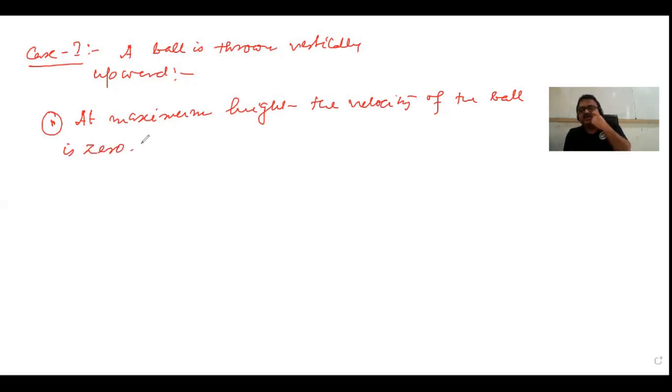It is very simple. If you throw anything upward, as it goes up, gravity pulls it downward. Since the force is acting downward, its velocity will slowly decrease and ultimately it becomes zero. As soon as it reaches zero, a point comes where the body is at instantaneous rest and then it starts falling down. So that is the point where it reaches the maximum height. Correct. Now I'm going to show you how to calculate all those values. Correct. Number two.